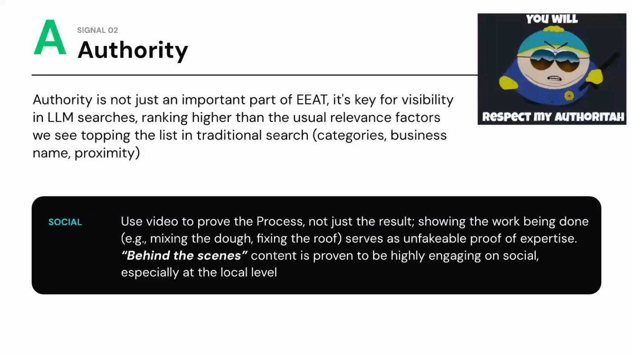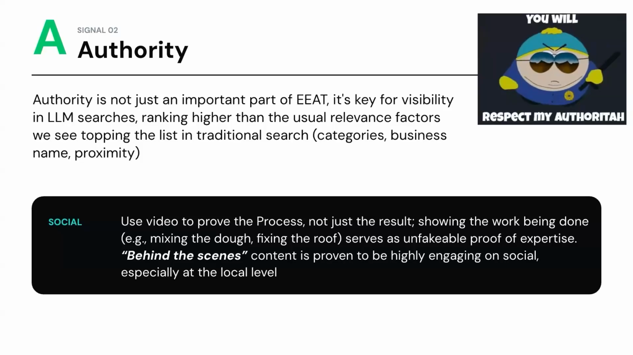But first, we'll go to A, which stands for authority. It's not just the A in EEAT, it is also key to visibility in LLM searches. Authority is very important to help you rank for the things you're supposed to be relevant for. Authority is all about making sure that when somebody is discovering you and your business, particularly on social, you have enough material and content that supports that you are an authority